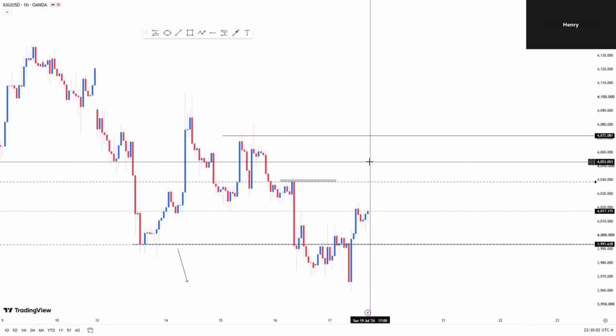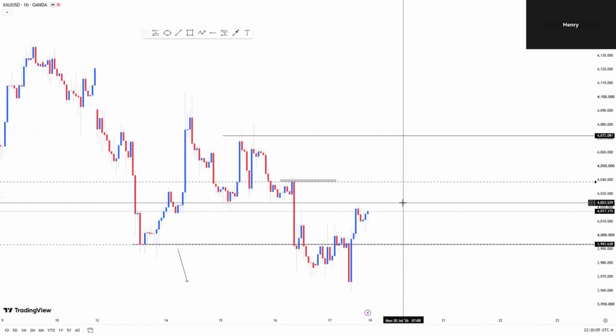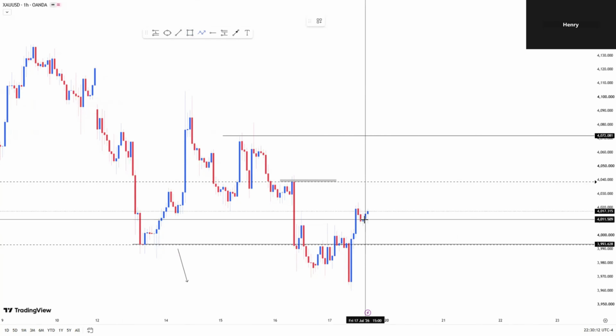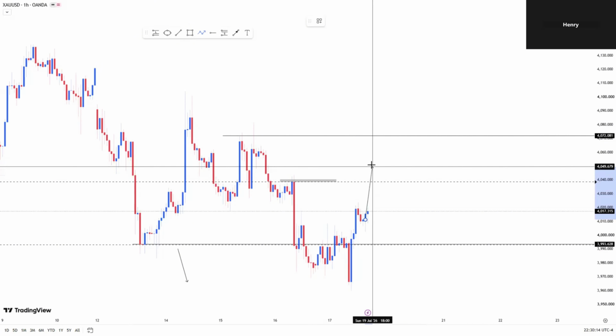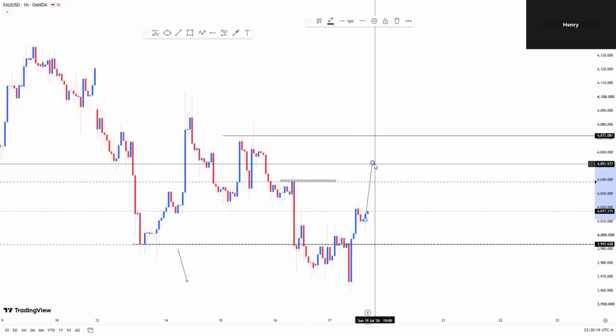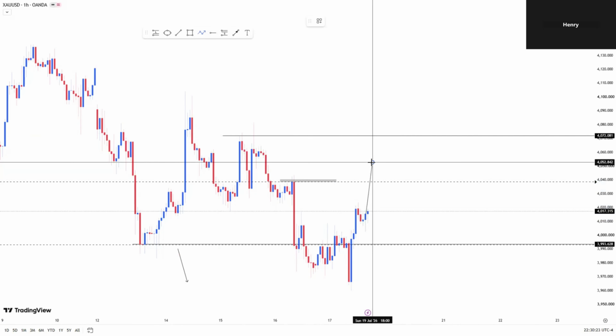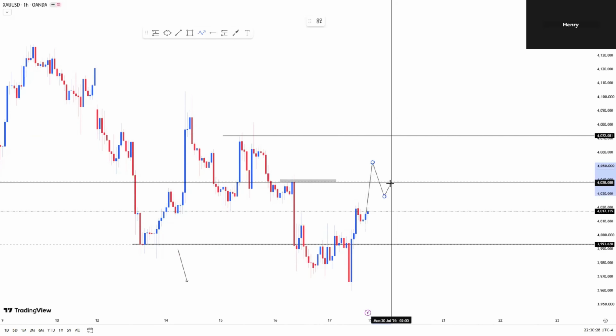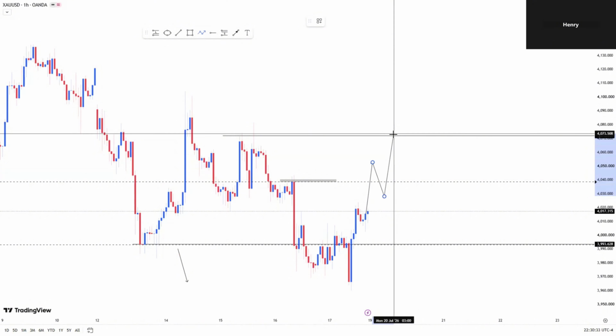I'm gonna wait to see price correct, and once price comes back above this level, something like this is what I'm talking about, right? If we see price for next week break above this level and does something like this, boom, another higher low, and then comes back above this level, I'm gonna test the waters and take price back up all the way here, right? Or here,